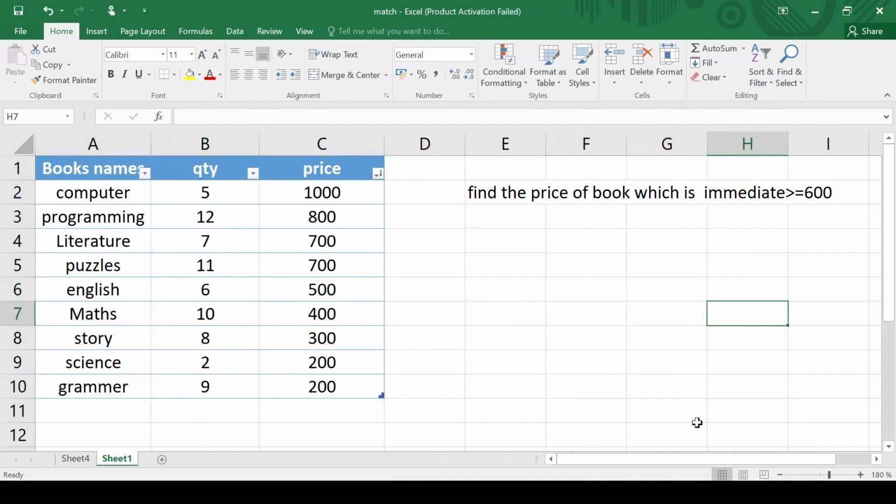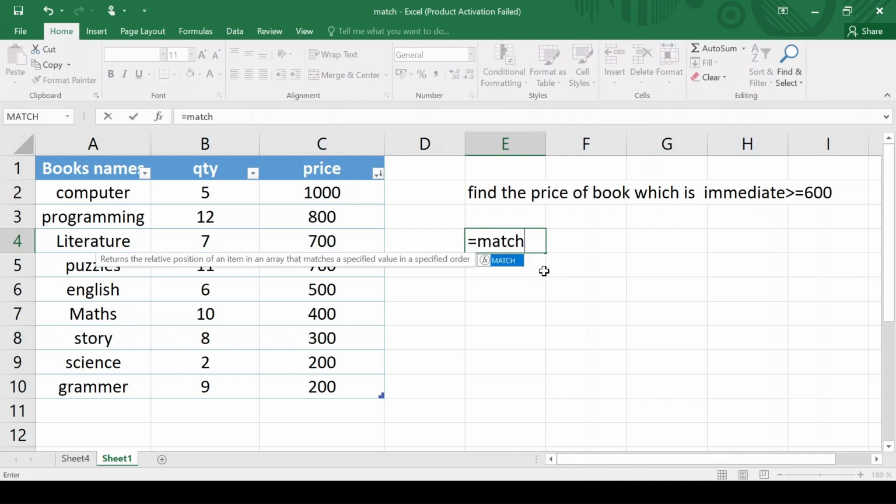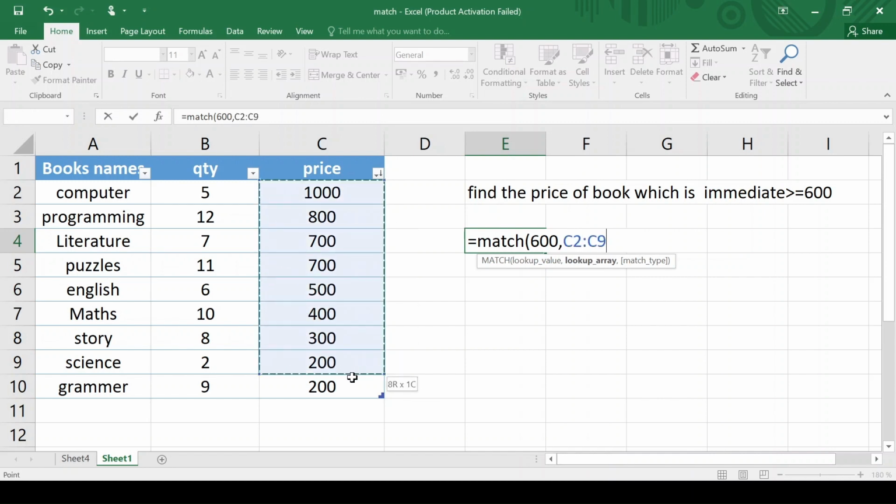Now I want to find the price of book which is immediate greater than equals to 600. For that array should be sorted in descending order. Already it is in descending order. Formula is, within bracket I am giving 600, comma, lookup array, this is my lookup array,